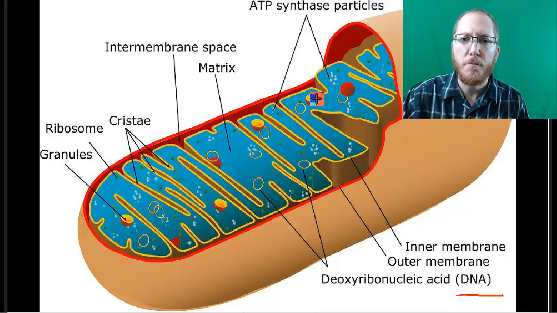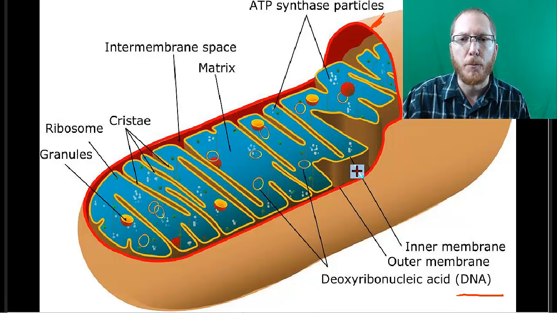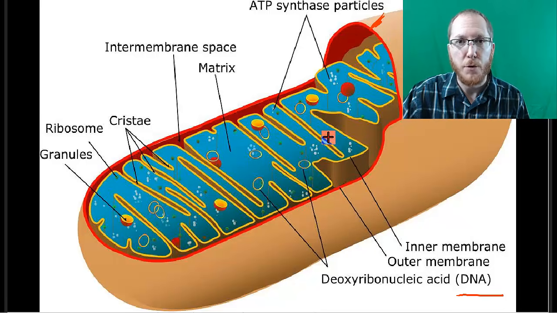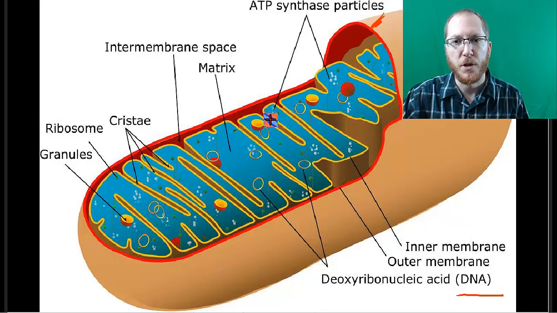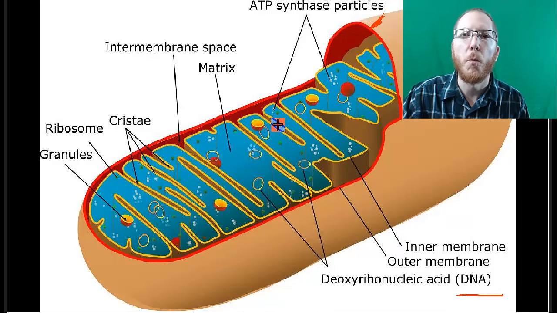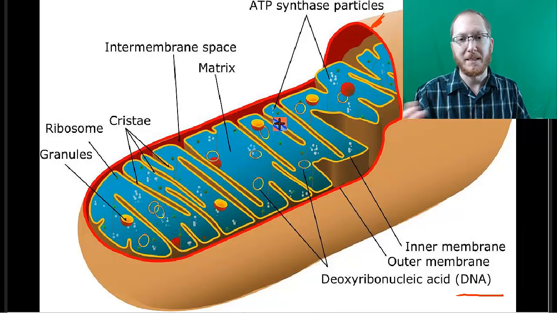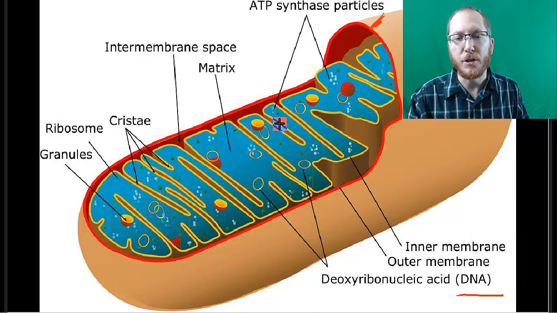And you'll see it also has two membranes, which seems a lot like it was eaten, where this outer membrane seems more eukaryotic, and the inner membrane, called the cristae, seems a lot more like a prokaryotic membrane of an aerobic bacteria. Because what likely happened was an aerobic bacteria got eaten. All right? That aerobic bacteria was capable of using oxygen to generate ATP in a way that's more efficient than not. And so because of that, if the cell essentially forgot to eat it or decided not to, they can